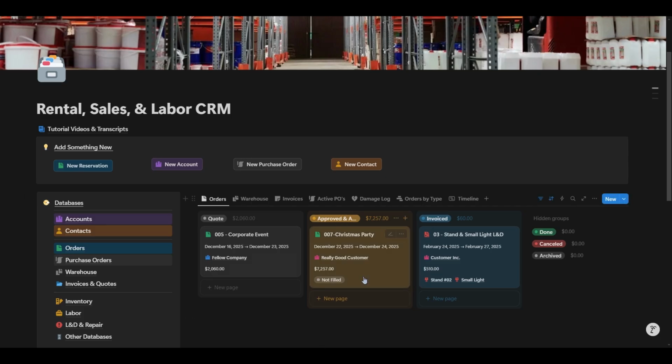So we created an order in the last video, but where did our inventory come from, and how do we track it once it leaves your possession? Further, what do we do to avoid renting out gear if it's damaged? These are all practical questions that an organized owner-operator needs to consider, and I have built a whole system to help with it. Starting with where our inventory comes from and how it works, we need to go to the